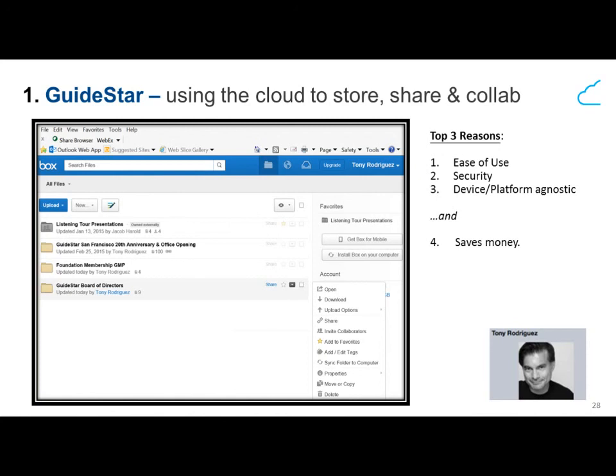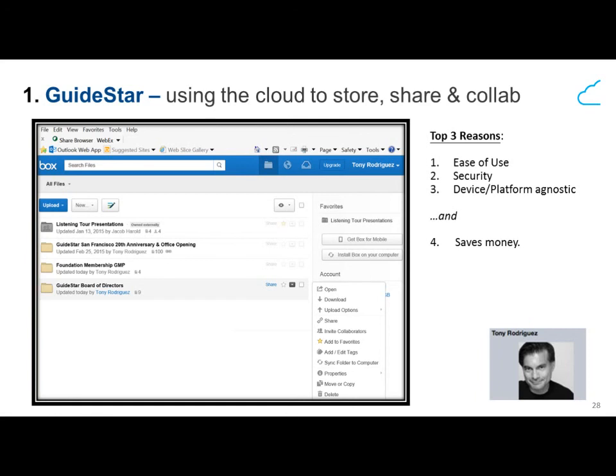And then lastly, we appreciate, and this is sometimes overlooked because it almost is becoming common sense, that it ultimately saves you money. And getting back to IT spend and how the sector is underfunded, it's very important to be as effective as you can be. So that is GuideStar's first 3 months on Box, and we're very excited. We love the feature set. We love the way it works and how it looks and feels.